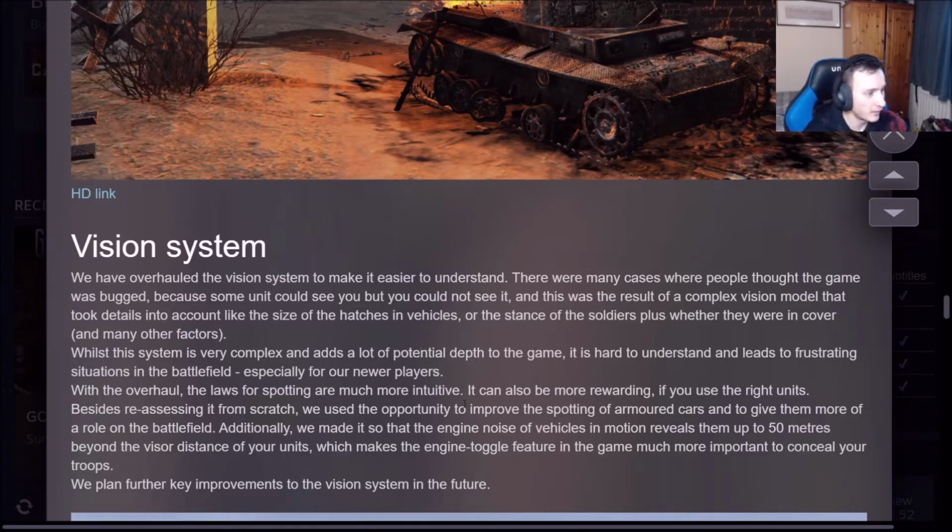But anyway, it can also be more rewarding if you use the right units. With the overhaul, besides reassessing it from scratch, we used the opportunity to improve the spotting of armoured cars and give them more of a role on the battlefield. Now that's quite interesting, because when it comes to armoured vehicles,